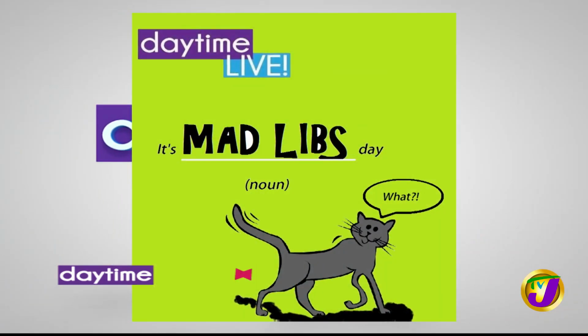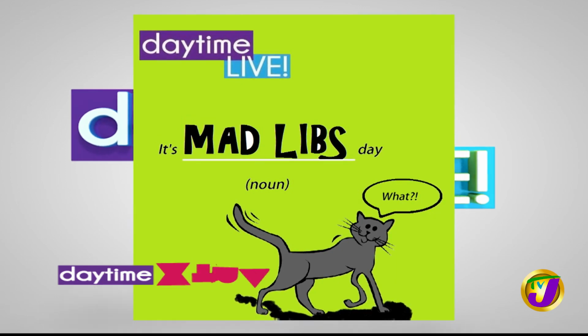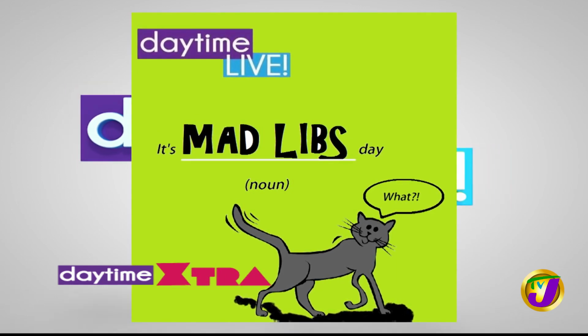Now, Mad Libs is very simple. It's a word replacement game. What you do is you get a paragraph, and inside the paragraph you have spaces. Instead of a blank space, you replace it with a noun or a verb or an adjective, but it tells you exactly what should go in the space. So, for instance, I would say, Nisha Yen's hair is adjective, and then you put an adjective there.